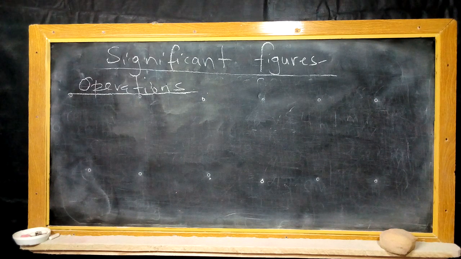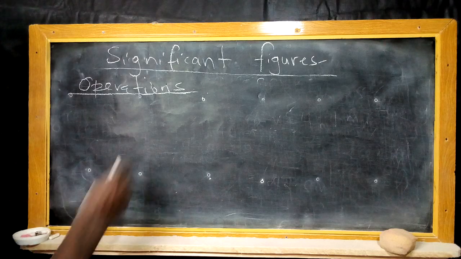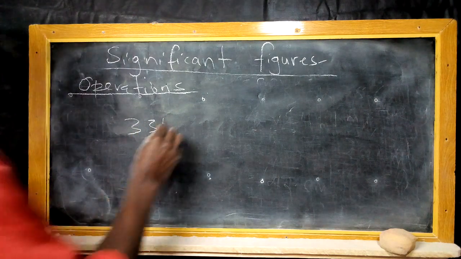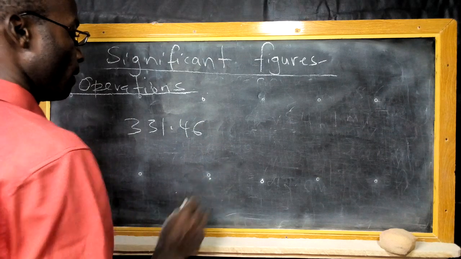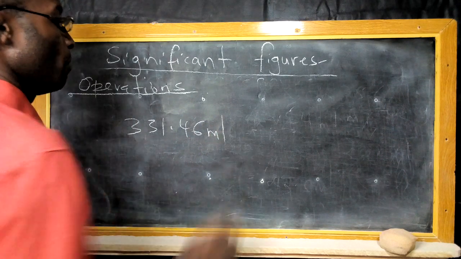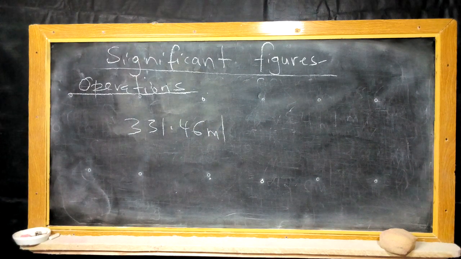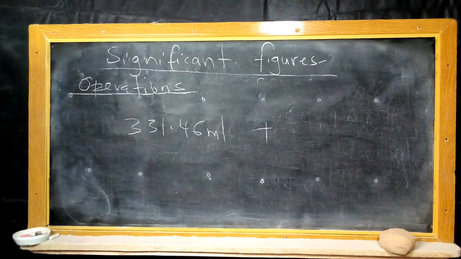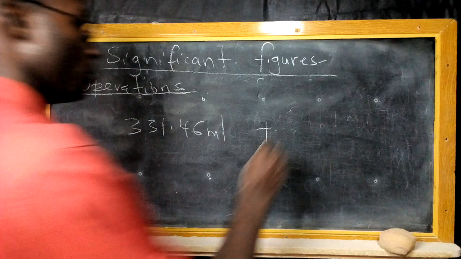So in that case, let's look at maybe a measurement like 331.46 milliliters, and then it is increased by adding more milk of 14.9